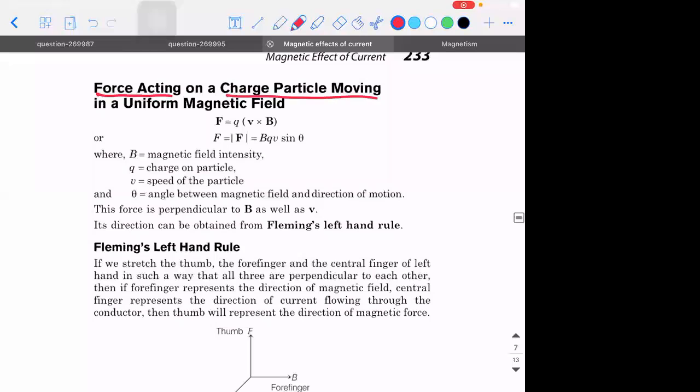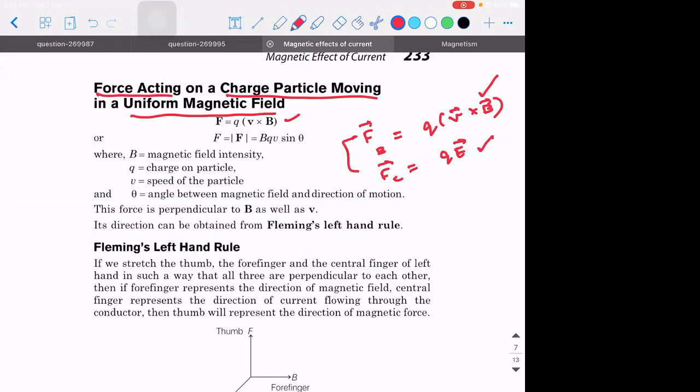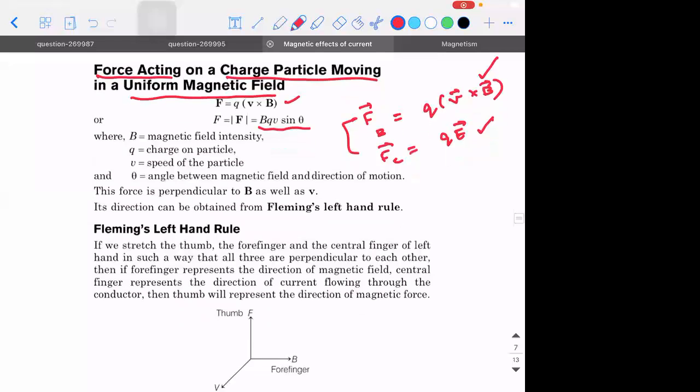Force acting on a charged particle which is moving in a uniform magnetic field. So what is this formula? F is equal to Q into V vector cross B vector. So there is something called the Lorentz formula. The Lorentz formula states Q into V vector cross B vector. This is the magnetic force experienced by the particle. If it is electrostatic force, it is Q into E vector. The sum of both will give you the total force experienced by the charged particle which is moving in a combined magnetic and electric field. Right, we know this formula also, Q V B sine theta, right?